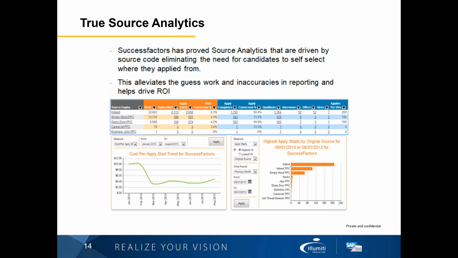So if you're spending the most money in a particular avenue that is yielding the least results, maybe you rethink the allocation of that money. Or if you're getting the most people from a particular site, but they're not making it through to the higher stage, again, maybe you rethink your spend in that particular area. So just having the ability to gather statistics like this to help you not only focus in your recruiting efforts, but also focus in your recruiting dollars and spend allows you to be a more strategic recruiting organization.